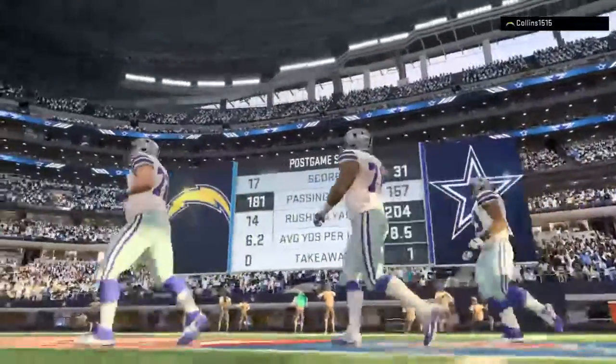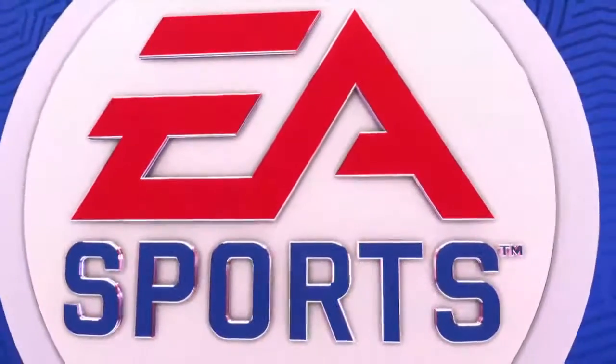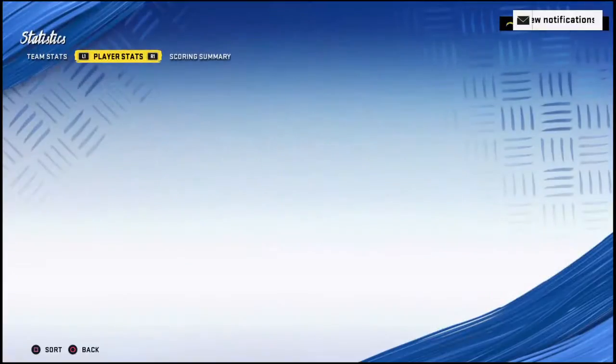So for the Cowboys, that'll be a happy locker room as they start this season 1-0. And they will hit the road next week to take on. Meanwhile, for